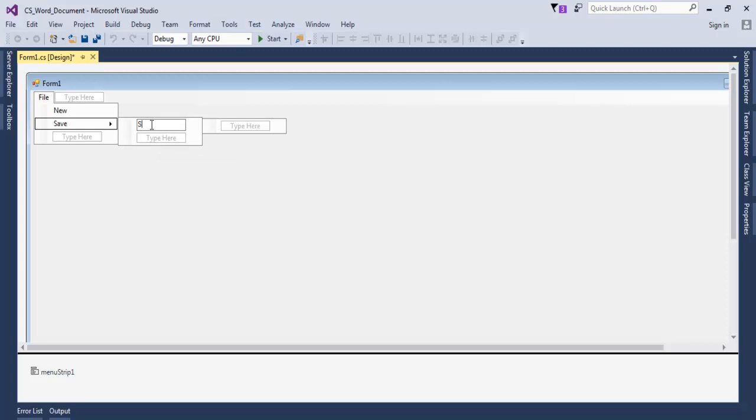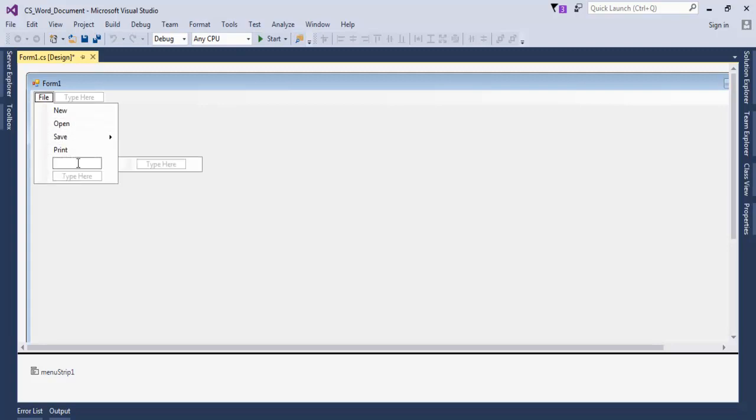Let's say save as text file, and below that will be save as document, as a doc file. Okay, now let me enter print there, and right underneath here let's enter open, and this is very open. We might as well move this up here. Right, that's good. And let's enter